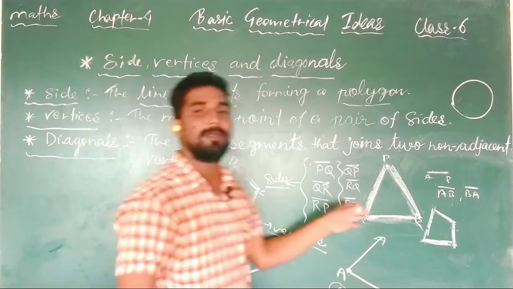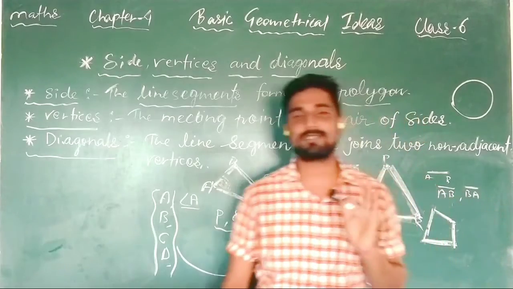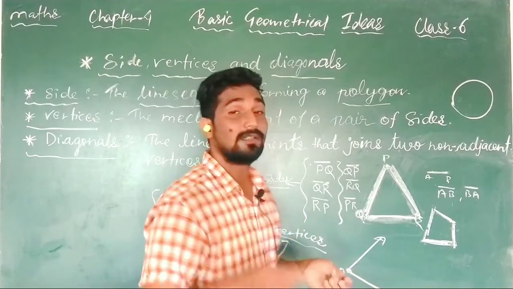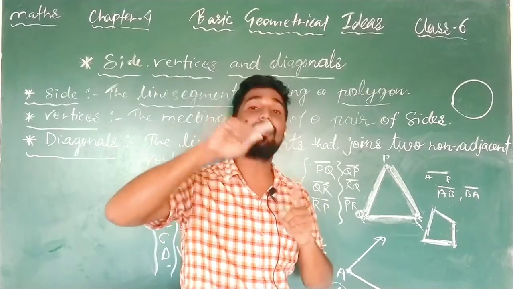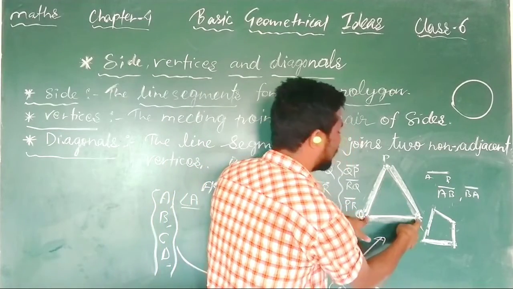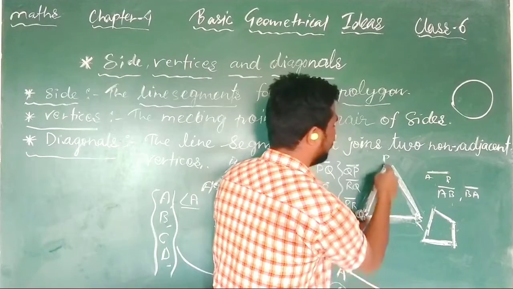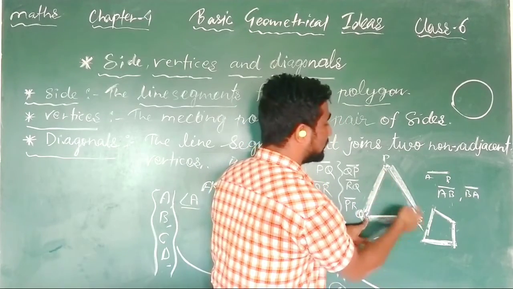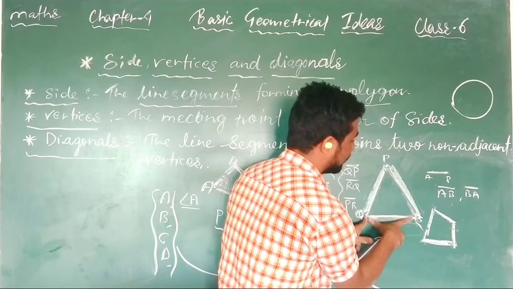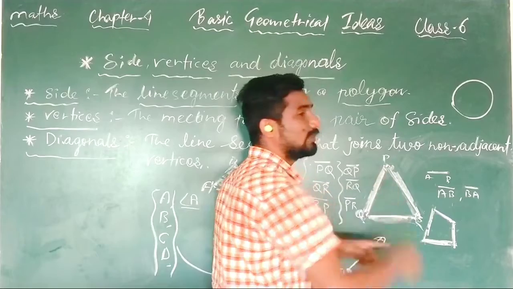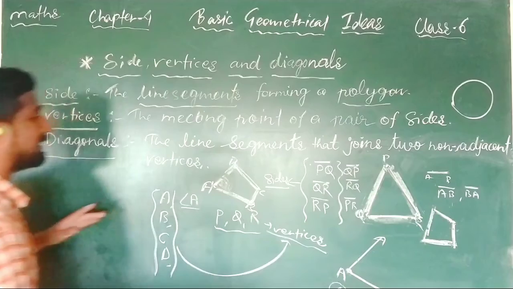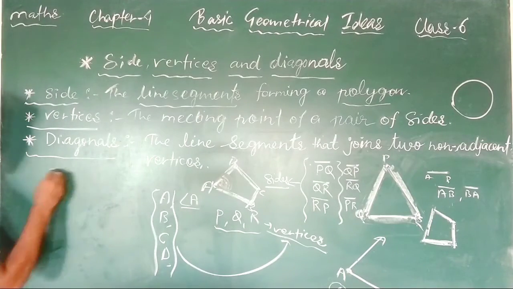So in a triangle there will be no diagonal. I must make it clear here, in a triangle there is no diagonal. Why, sir? Because a diagonal is a line segment that joins two non-adjacent vertices. Here you see, these two are adjacent, and if you take this, then this will also be adjacent to this point. So there are no non-adjacent vertices in this. These two can be said to be adjacent because they are continuous vertices, and these two also. So in a triangle there are no non-adjacent vertices, and therefore no diagonal, so I will have to take a quadrilateral.